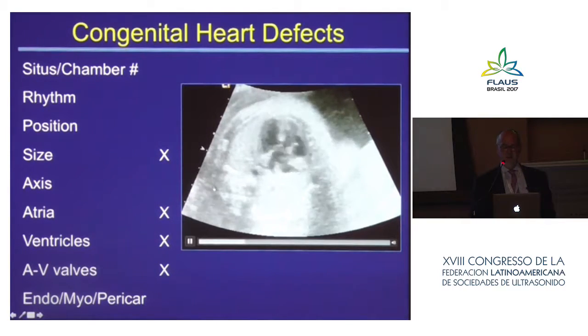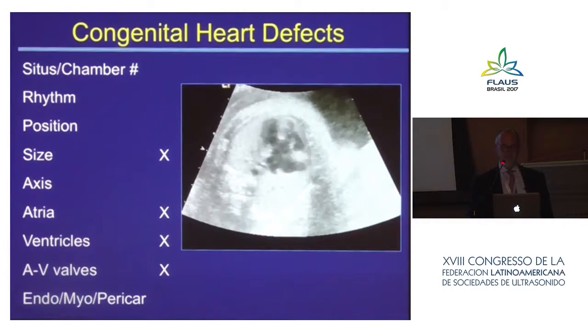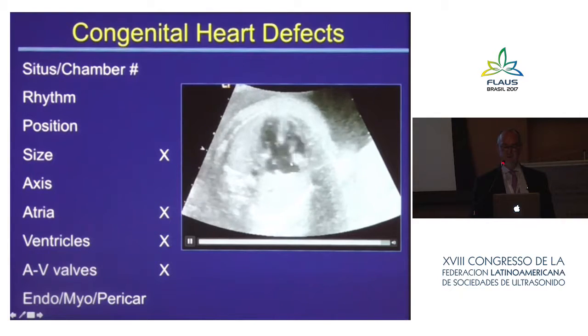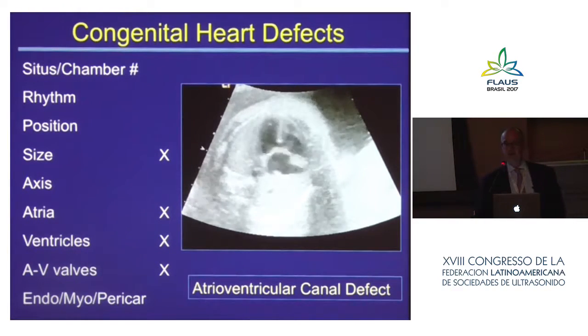The axis, if you divide the chest in half and look down the interventricular septum, the angle should be about 45 degrees. That it seems to be here, so that's okay. And now we want to look more specifically at the atria and ventricles. You can see both atria here, similar size as are the ventricles, except we see a defect in the middle of the heart, and that there's one AV valve. So this is an atrioventricular canal defect, very common in Down syndrome,